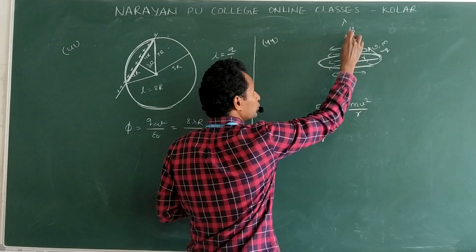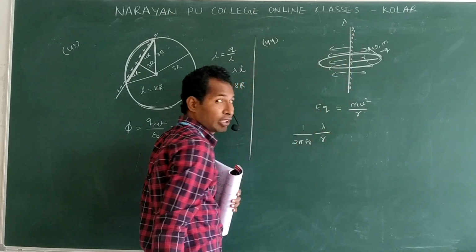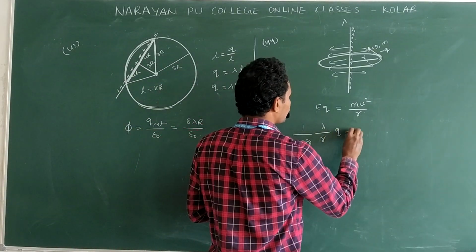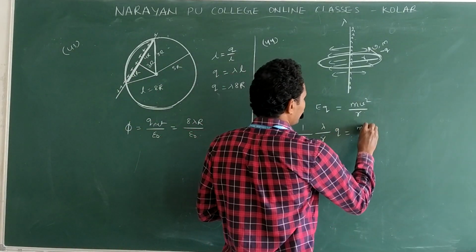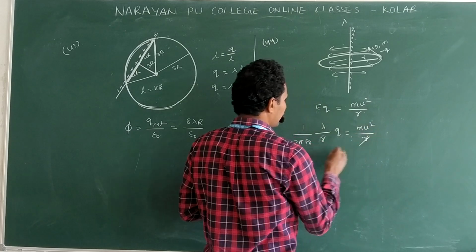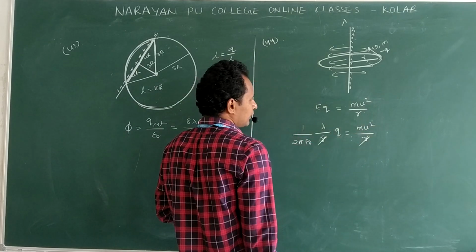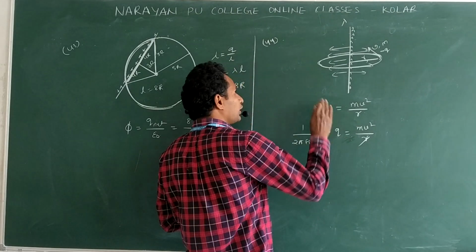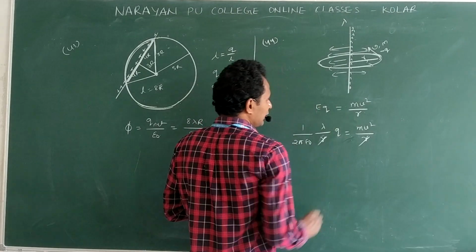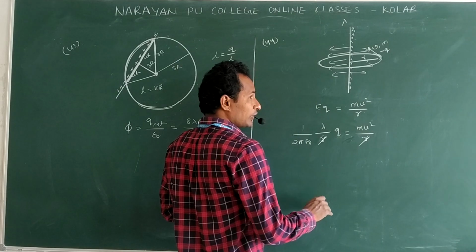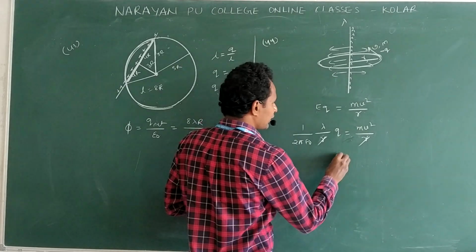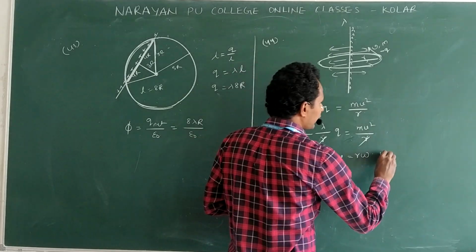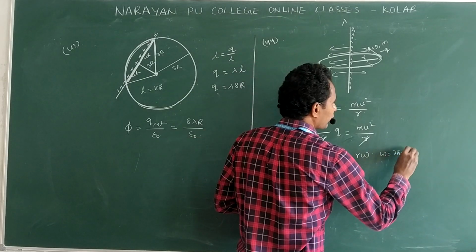Electric field due to... where we have already done applications of Gauss law into q. m v square by r. This r will be cancelled. They are asking frequency. Then how do we relate these two with frequency? We have a relation between linear velocity and angular velocity, that is v is equal to r omega. Then omega is what? 2 pi mu.